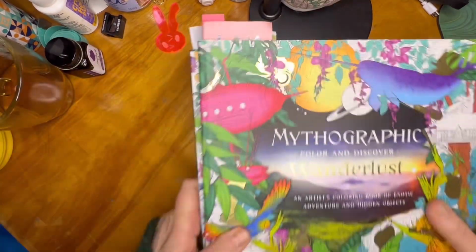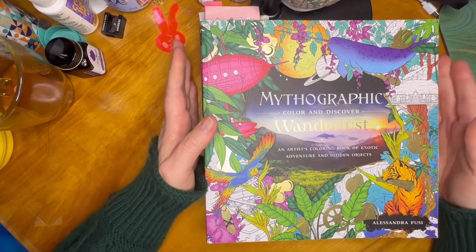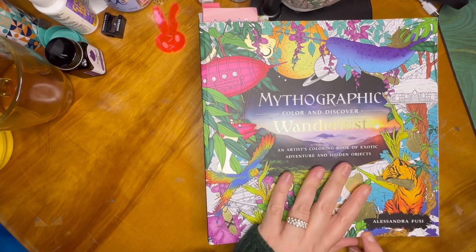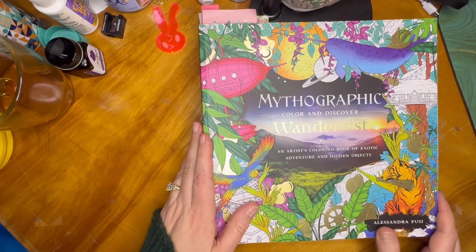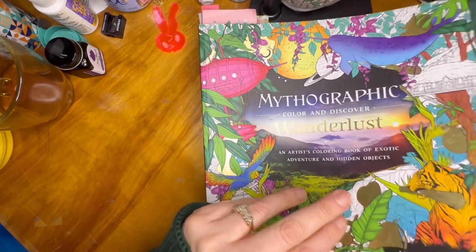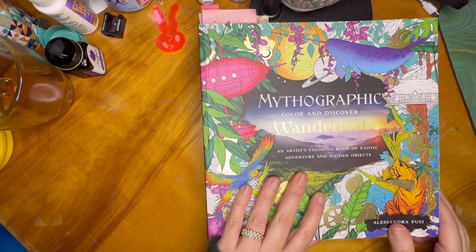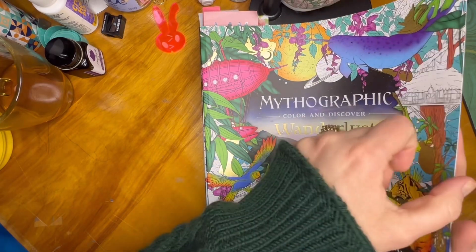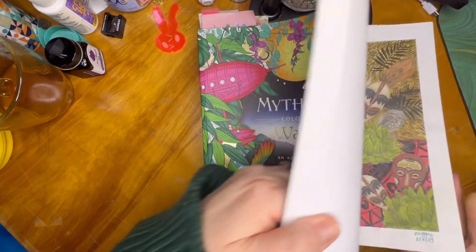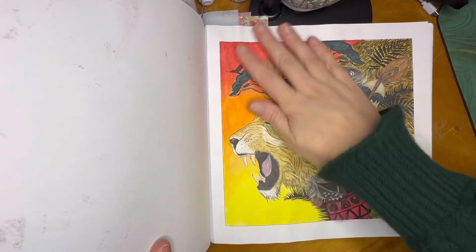And then after I bought those 2, in the spring, I bought Mythographic Wonderlust, and it does have the hidden objects in it. This is an Alexandra Fusi book, and I actually think I have colored the most out of this, which you're going to be shocked, but it is 4 pages. So the first one I finished in here, well, not really the first one I started, I was like, oh, I need to do this King of Africa page. And I was using Inktense, and I tried to make a nice